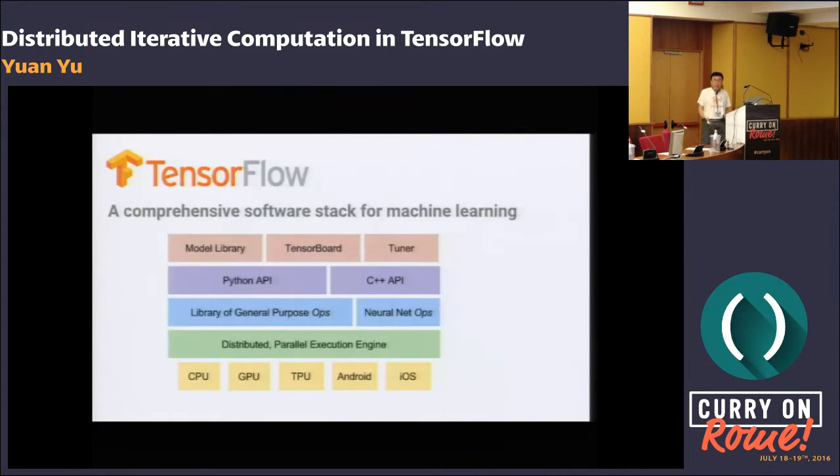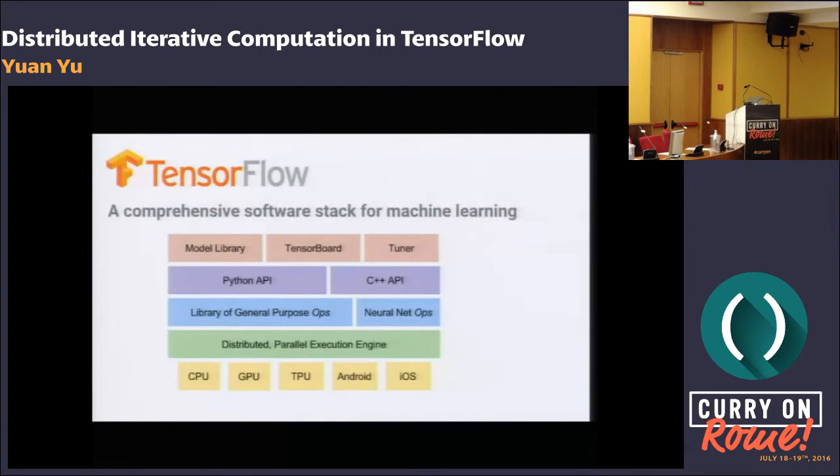So basically, TensorFlow is a software stack. It runs on all kinds of devices: CPU, GPU, and TPU. TPU is a Google custom hardware, which stands for Tensor Processing Unit. On top of it is an execution layer, the execution engine.